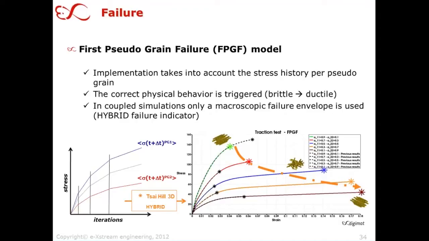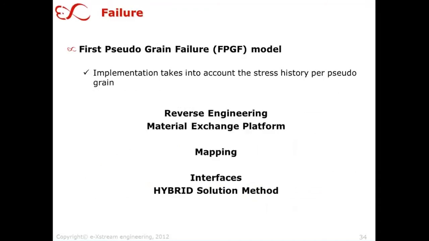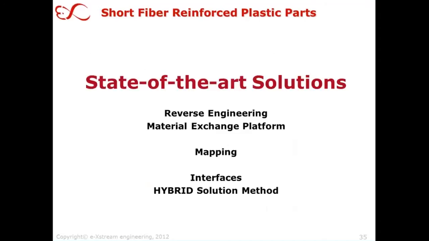And this is called the hybrid failure indicator. The principal idea of the hybrid is to deduce only macroscopic properties if you go for coupled analysis. I will talk about this solution method, which is quite new in our software, a few slides later. So this is a very highly precise and physical failure behavior that we find here with our material models. And so in principle, now we have understood what we have in terms of complexity and theory behind